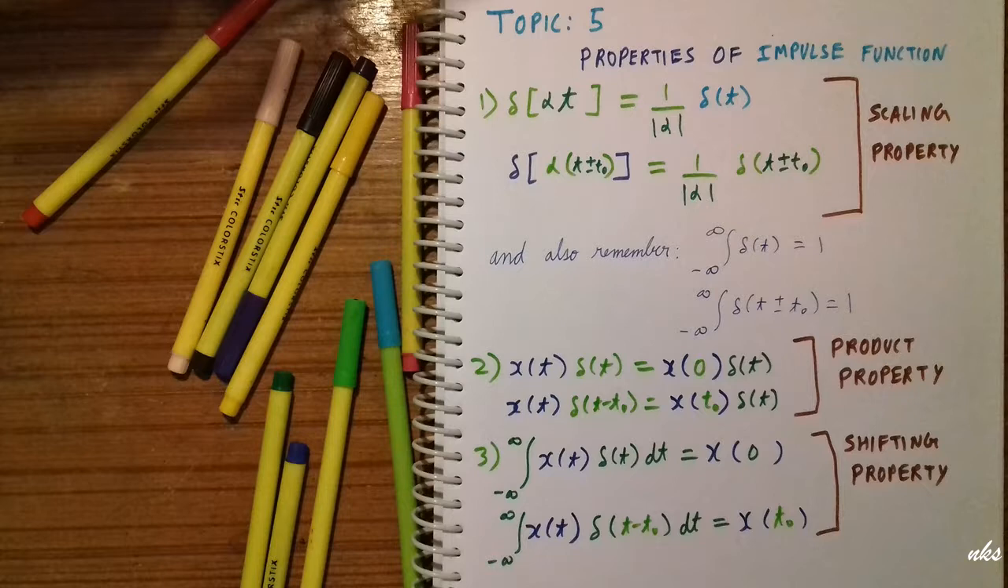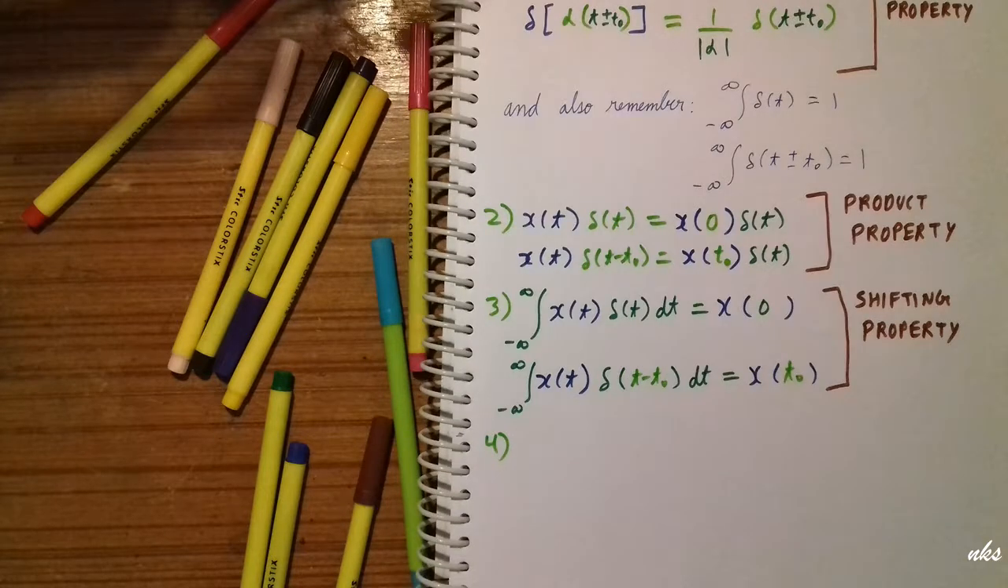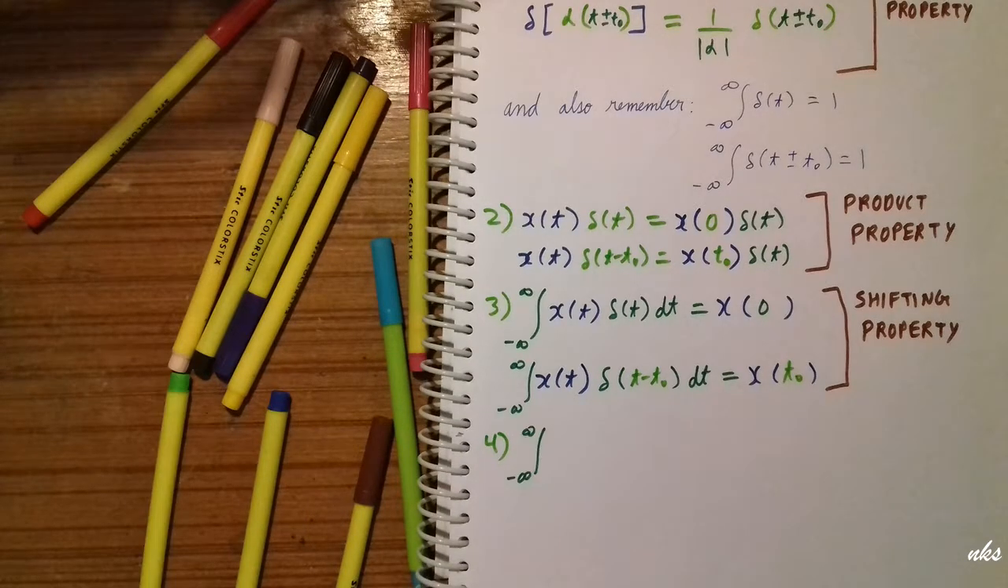Note in the product property as well as the shifting property that δ(t) means the impulse lies at t equal to 0, so we have taken x(0). δ(t − t₀) means the impulse lies at t equal to t₀, so we have taken x(t₀). So note this point. Now the fourth property: the integral from −∞ to ∞ of x(t) into δ'(t), that is the single differentiation of δ(t), into dt